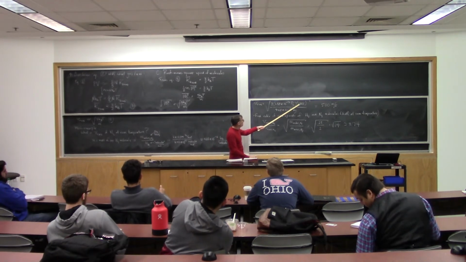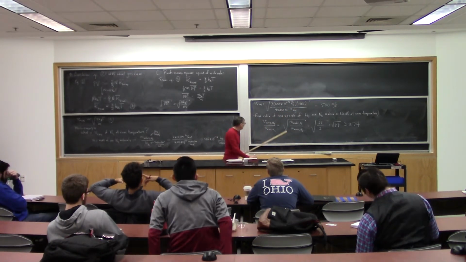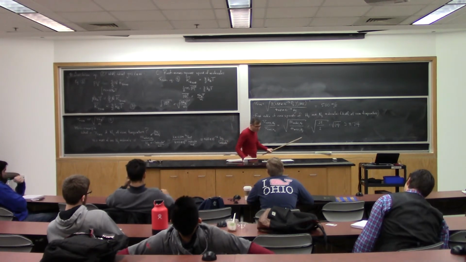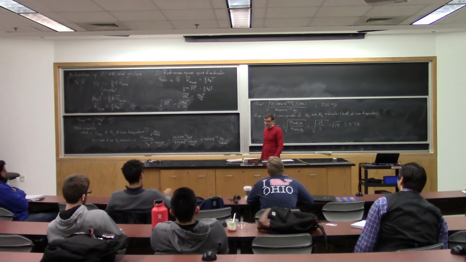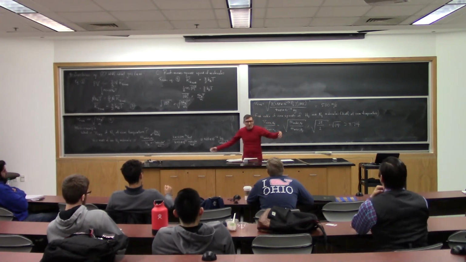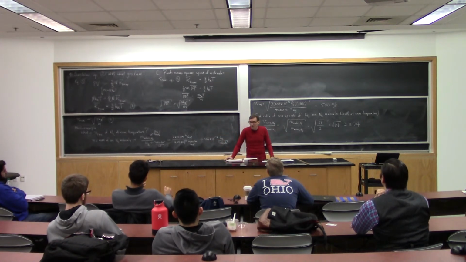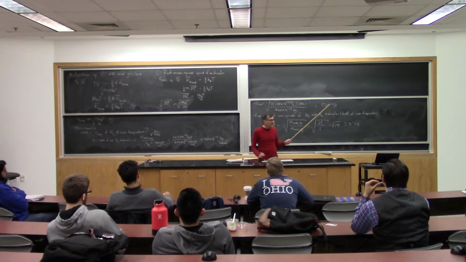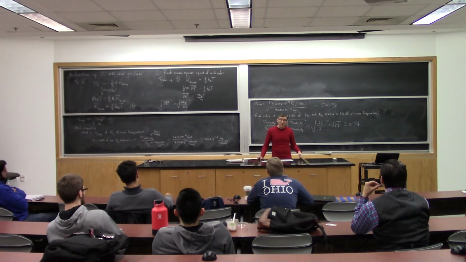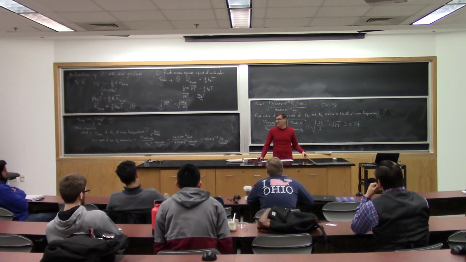If you took the room temperature situation of 280 Kelvin, you would find that the RMS speed of H2 is 1,870 meters per second. So if you imagine there's a whole bunch of H2 in Earth's atmosphere, there isn't anymore, but maybe there was at one time, an RMS speed of 1,870 meters per second is getting fast enough, at least for the high-end tail, remember that's the average, so some are going faster, that there are going to be enough of them going fast enough that they can escape from Earth's gravitational well. And if you wait long enough, you end up losing more and more of the H2 over time.